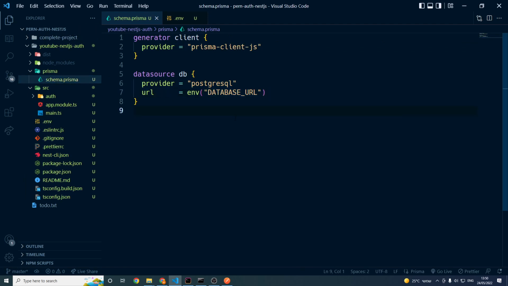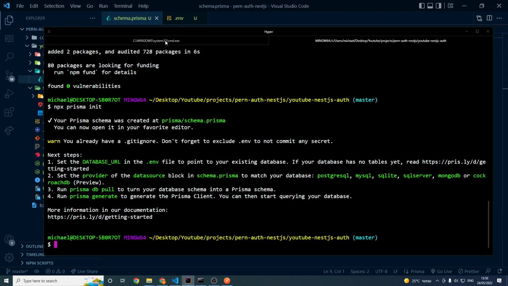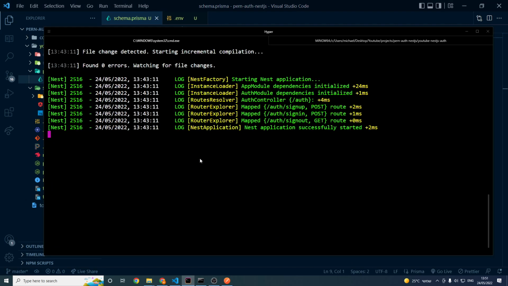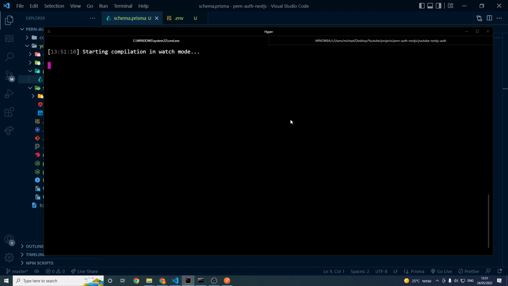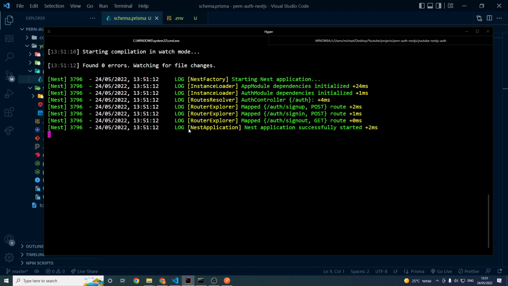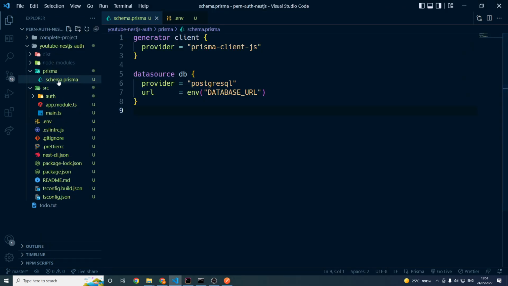First of all, let's restart the server, because usually when you add some things to the env file, you should restart the server. So let's go here and let's run the server again. npm run start dev. Alright, let's go back to the